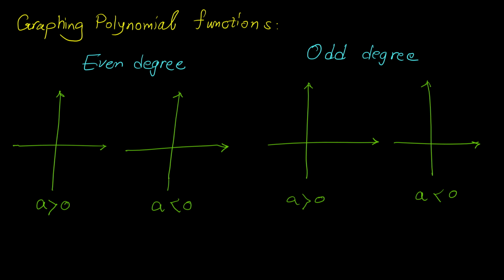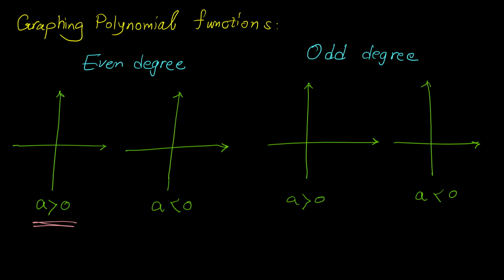In this video, we want to learn how we can graph polynomial functions. For graphing polynomial functions, it's important that we check whether the polynomial is even degree or odd degree. When the polynomial is even degree, the two ends of the graph of the polynomial are going upward or going downward. If the leading coefficient, please pay attention, if the leading coefficient of a polynomial is positive,